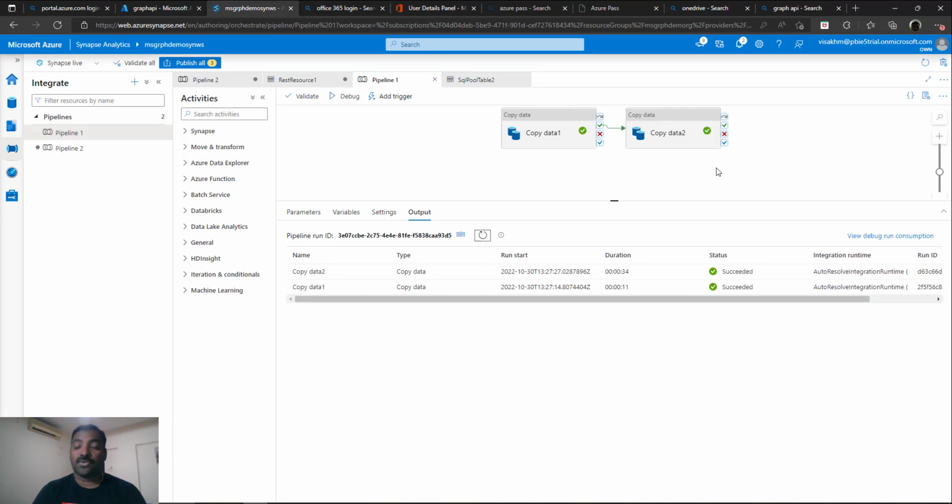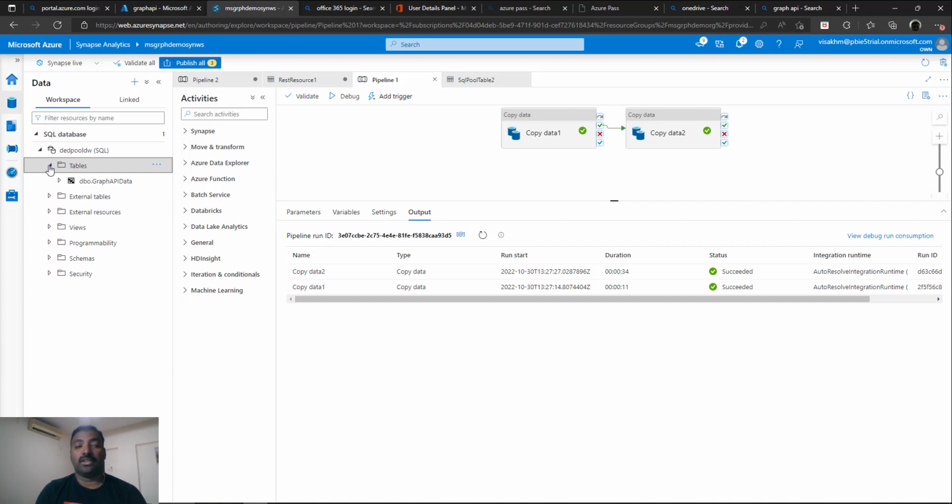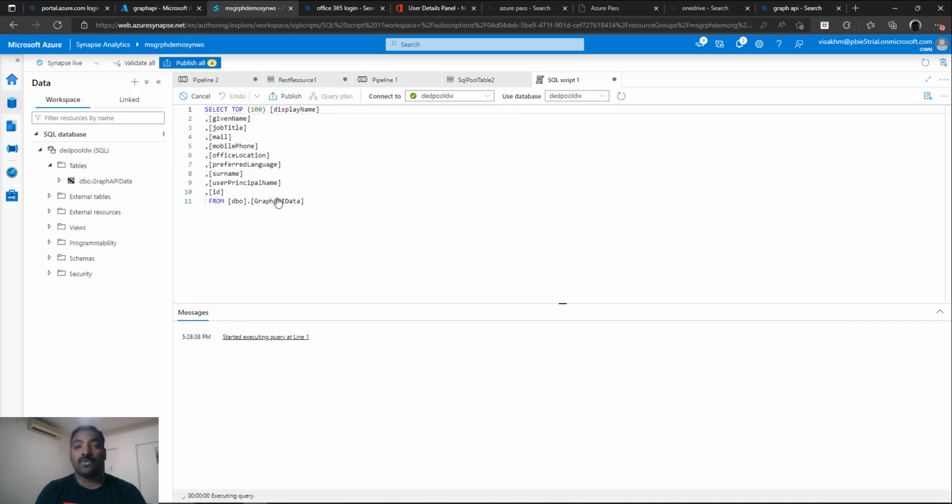Now that the execution is successful, we can go to the Synapse dedicated pool and check for this table. Let's go to the data tab and you will automatically have the dedicated pool associated to it because this is all inside Synapse itself. Open the dedicated pool, open table, and you will be able to see the new table called Graph API data. If you check the data inside using select top 100 rows, it will show you the details